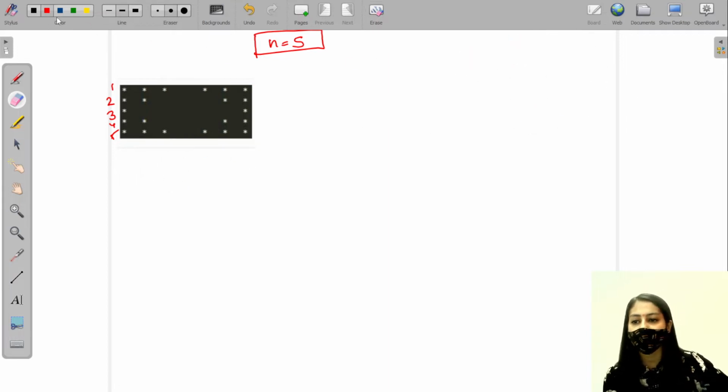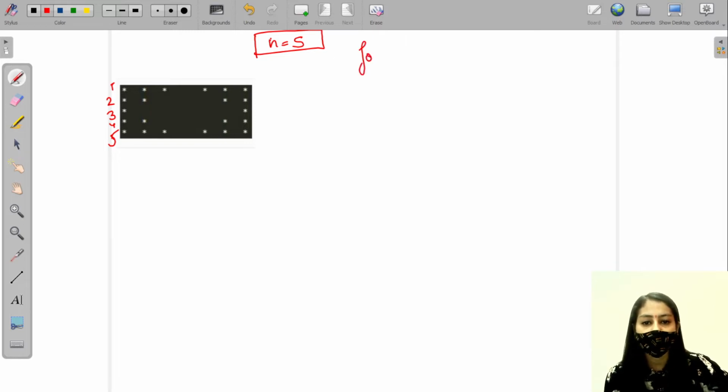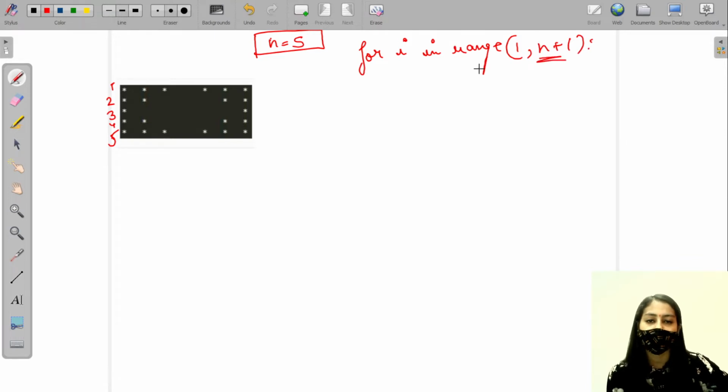Now we know from the previous 5 patterns that we are moving from one row to the next, from 1 to the number given as input. We can use a for loop for this. This loop will help us move through each row, so it will go from 1 to n. We are using n plus 1 because in the range function the upper limit is exclusive. So this loop will go from 1 to n.